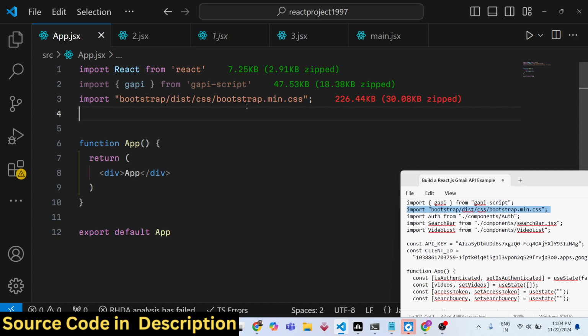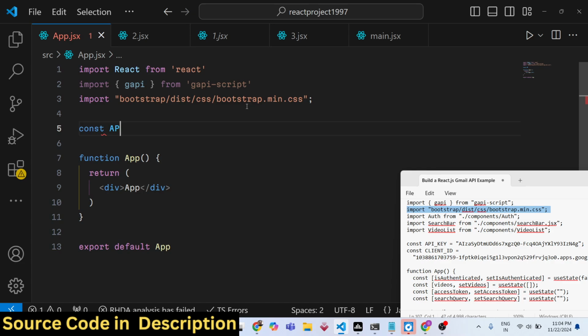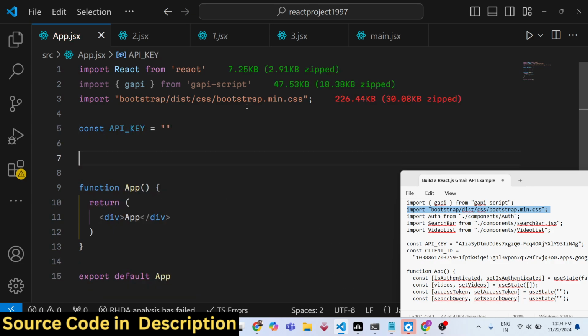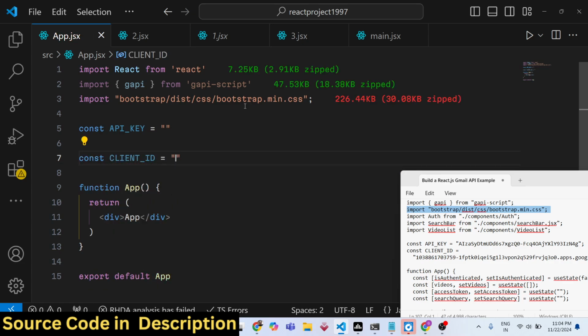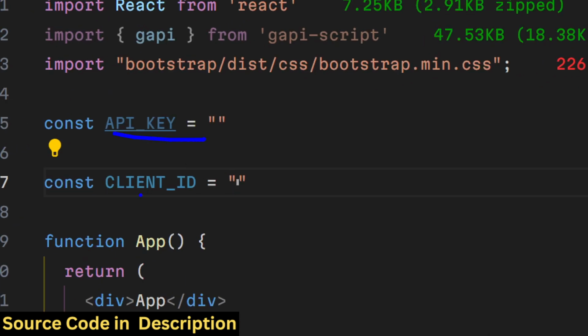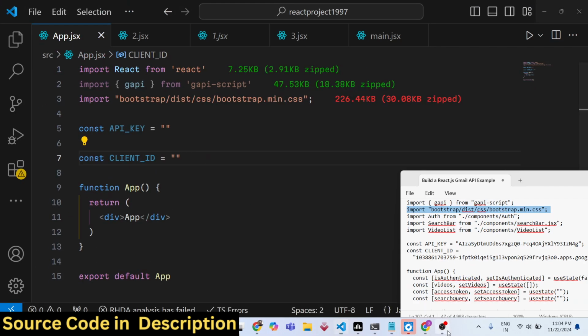And now we need to create two variables. First is the API key and the second one is the client ID. Both will be const variables, so they will be constant in the application. Now to fetch the API key and the client ID, you do need to create a Google Cloud Console